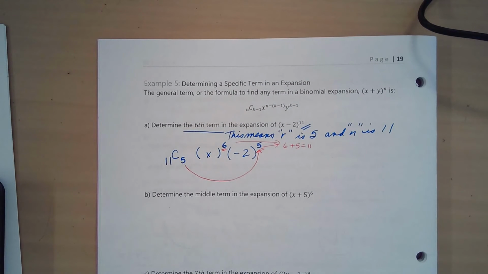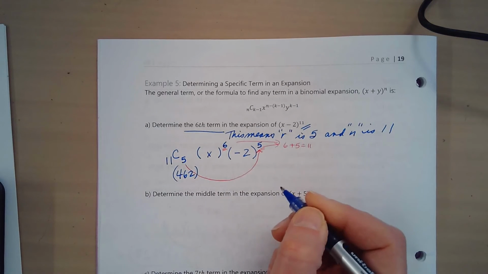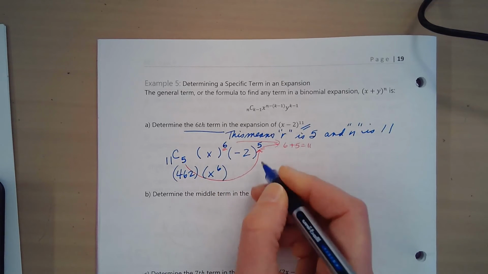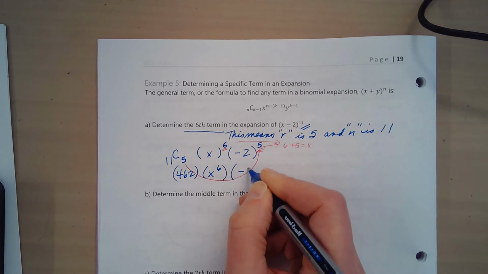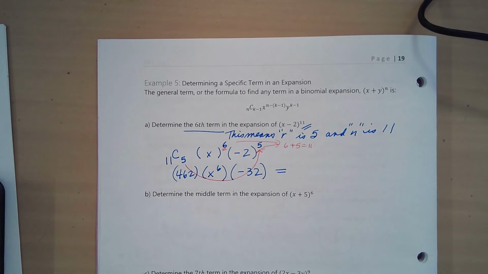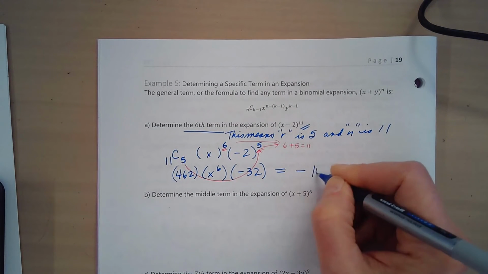You were just asked for the 6th term, so now it's just a matter of picking your calculator up and... Okay, so I get a 462 here for my starting coefficient, and that will be an x to the 6, and this is a -32, which becomes